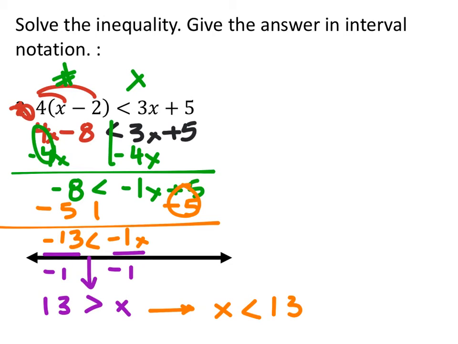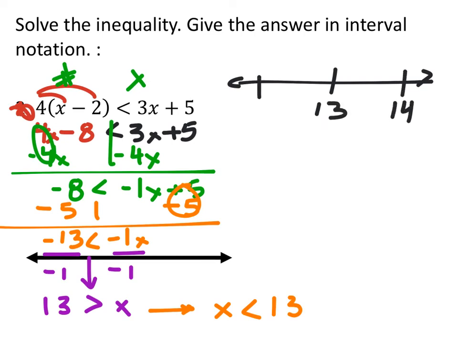So it wouldn't matter if you then changed it over so that you could use that idea of the inequality will point in the direction of the arrow, all right? So again, I'm doing it by hand. Not that you guys have to, but that's fun. So at 13, I'll use red. It's an open circle because it's not equal to 13. And it's not eating the x either, in either case, either for purple or orange, so it goes to the left. And again, this didn't ask for the graph, but the graph again should help us to visualize what the